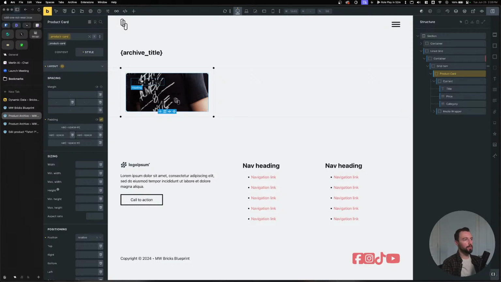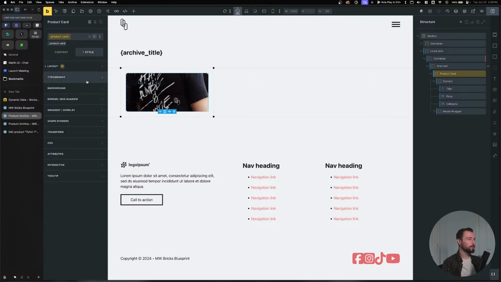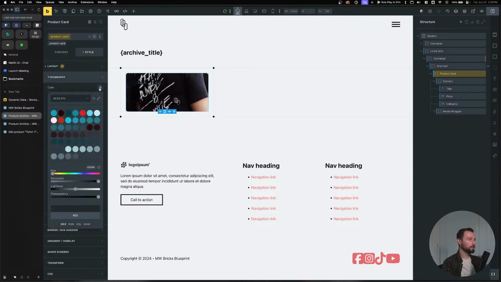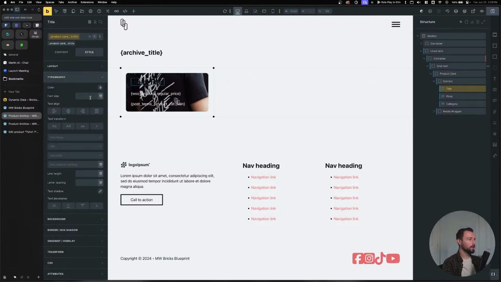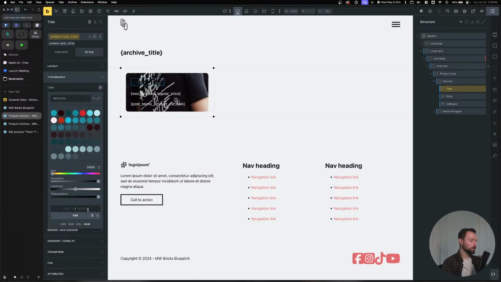Okay. I want my content, my text in here to be white. So let's do it at the card level. Let's go in here and let's just do white. All right, but my title will not get it. So if I go here and I go color, inherit, this should work. Inherit. Okay, there we go. All right. Now I want my category